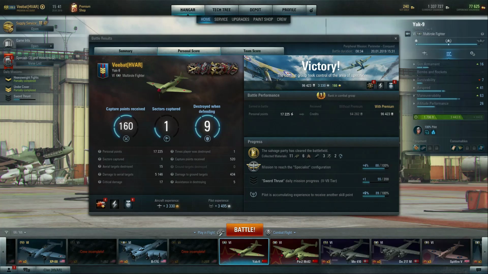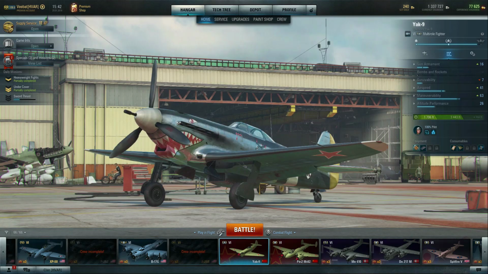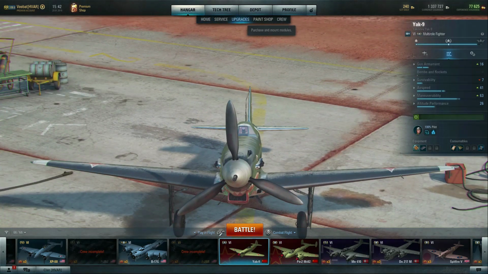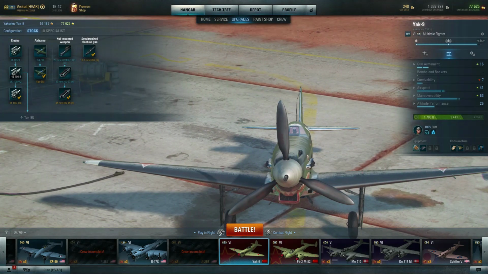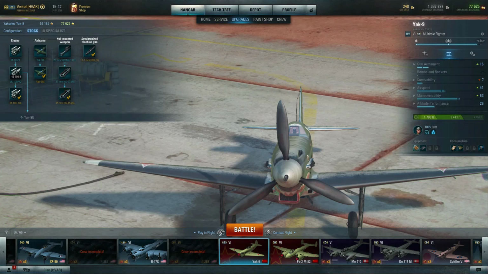We managed to take out 15 targets, critical damage 17. Every time this thing hit, we were causing critical damage. A very good personal score. Let's see. Yeah, we're fully upgraded. Here's that 47mm I was telling you about. It can fire out to 3,444. And then if you look at the